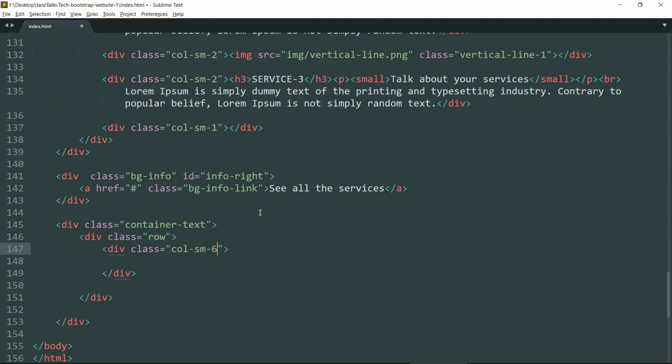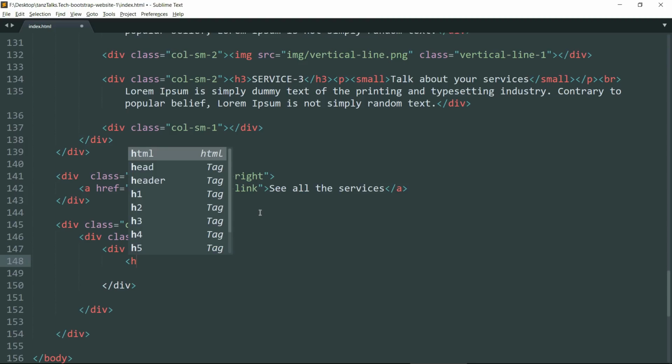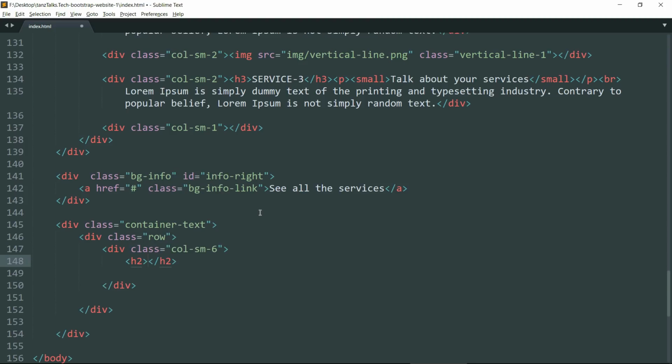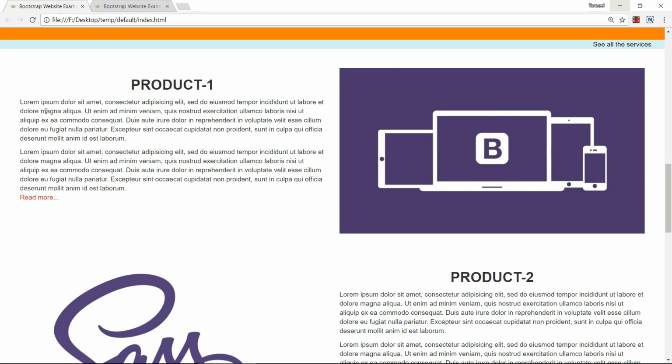Now then drop down and create an h2 tag and write product-1 and close the h2 tag. Now drop down again and create a p tag. Let me open the original website and copy the text from there.